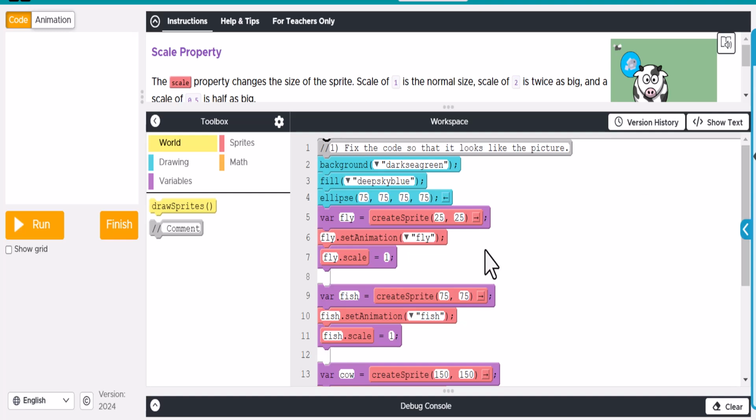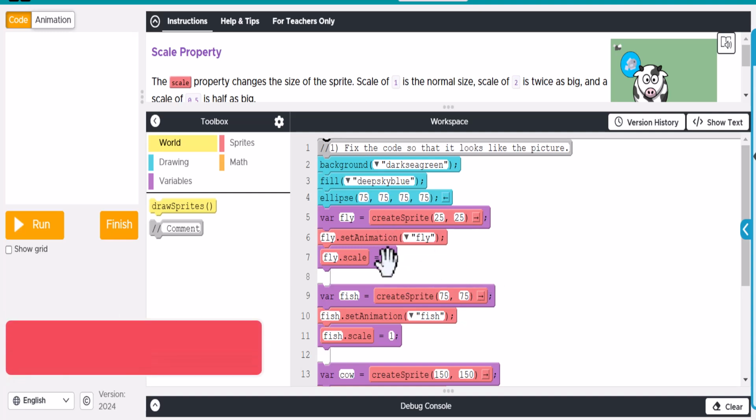Alright, so in this video we're looking at Code.org's CS Discoveries Lesson 9, and we're looking at the sprite properties. So we do have a new block here called fly.scale. Basically, this is taking the fly that is in this picture, and if we run it right now,